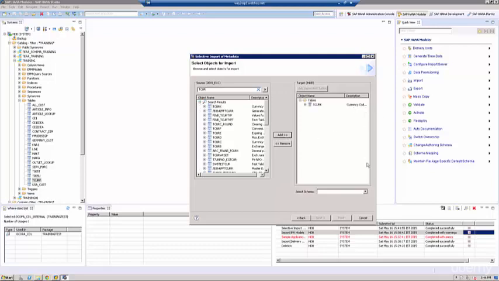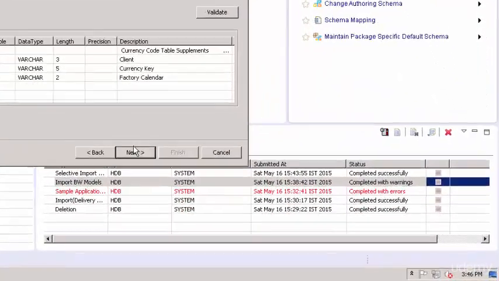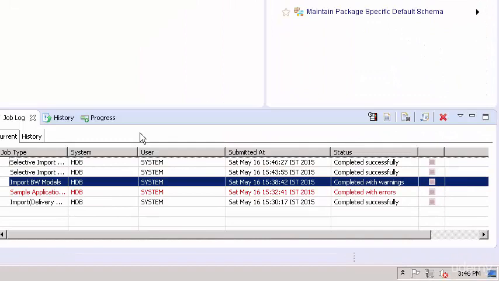This is the currency codes, and now you have to choose a schema where you want to position this table. So let's go ahead and pick a schema, training. Before we actually do this, keep in mind that this is only the metadata. So you're not going to be able to see any values or any data. There's only table structure. What happens is once you do this, then you can go back to BODS, and instead of using a template table to send a table from the source to target, you can then import this metadata back to BODS,